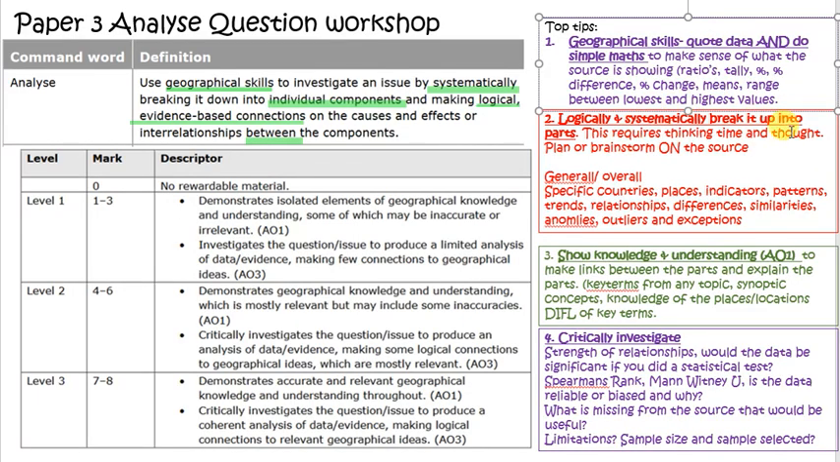Tip number 2, have a plan. Yeah, logically break it up into parts, not randomly break it up into parts. That is one thing I've learned from marking these exams. To do that,